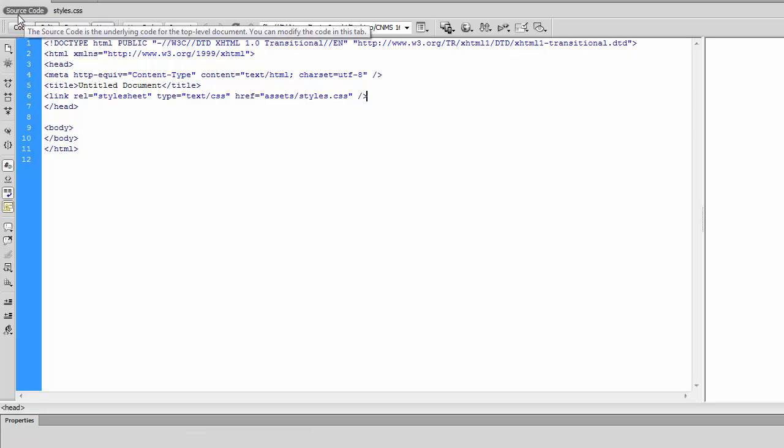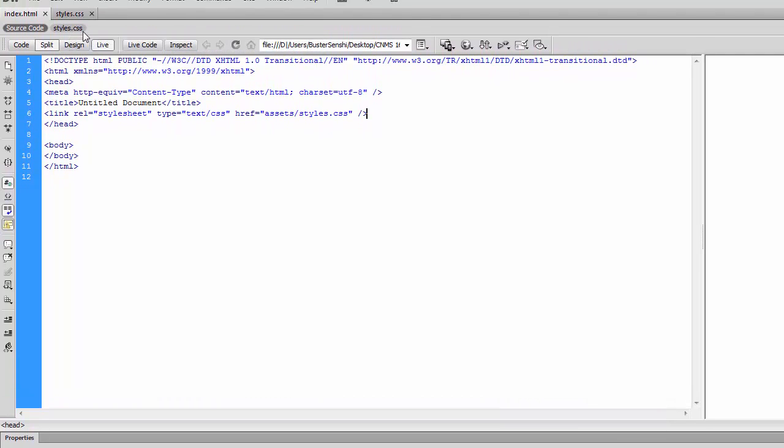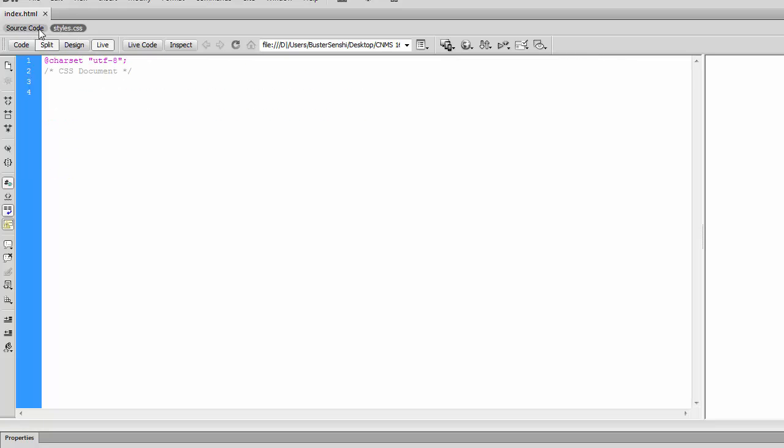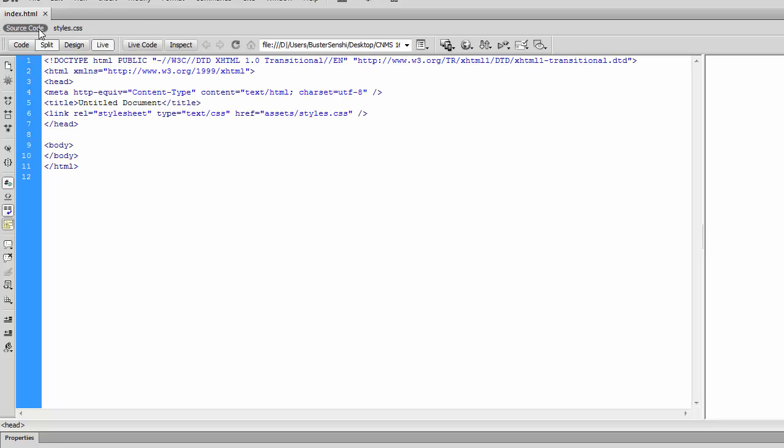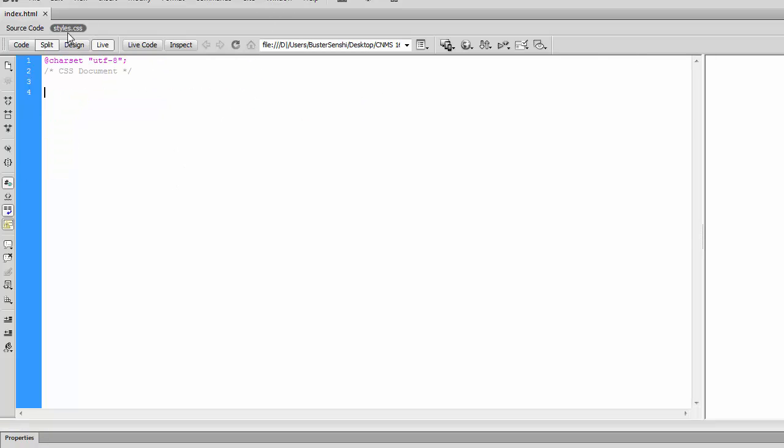We now see that a new element has popped up saying source code and styles. This means that we are connected to our style sheet, so we can close out of our styles.css. By using these two tabs, we are going to be able to do a lot of great things in Dreamweaver. By having the second tab, it would have made things very confusing. So now, when we go into our style, we can test our connection by going to Body, Background Color,